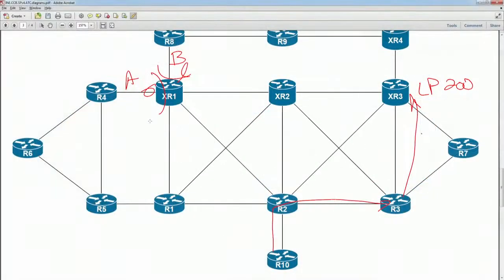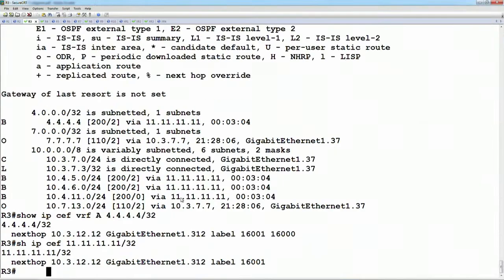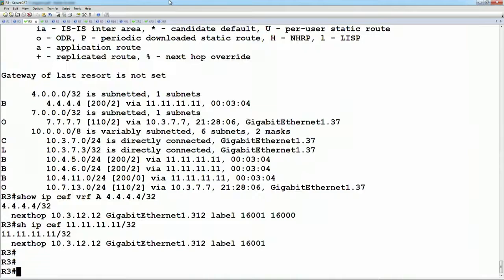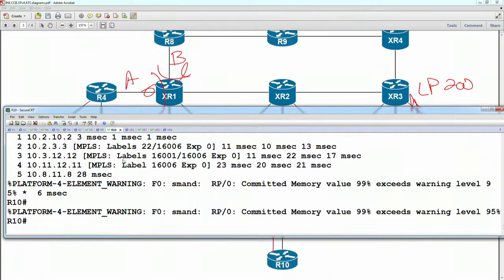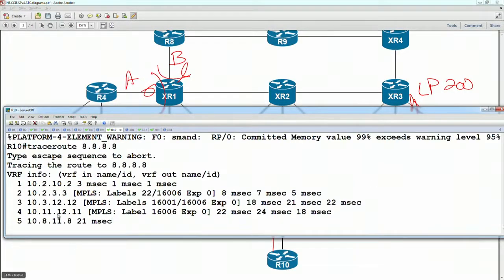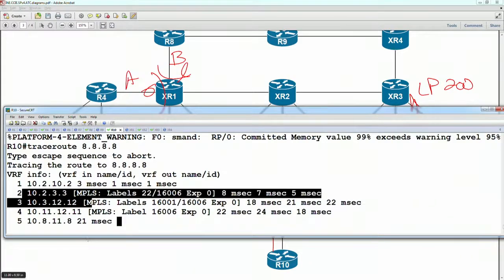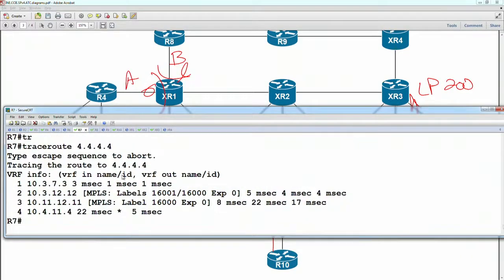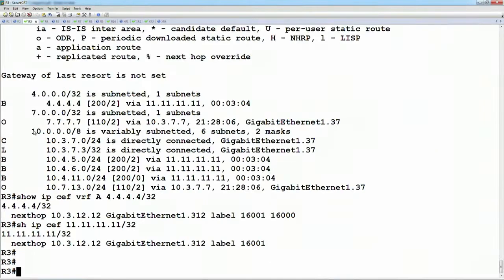Okay, so let's say that we're going to go to router 3, and we want to prefer to use, let's look at how it is currently choosing the route. Let's look at this from 10's point of view. 10 is going from 3 to 12. This should also be the same as what 7 is doing, from 3 to 12. So in router 3, if we look at the